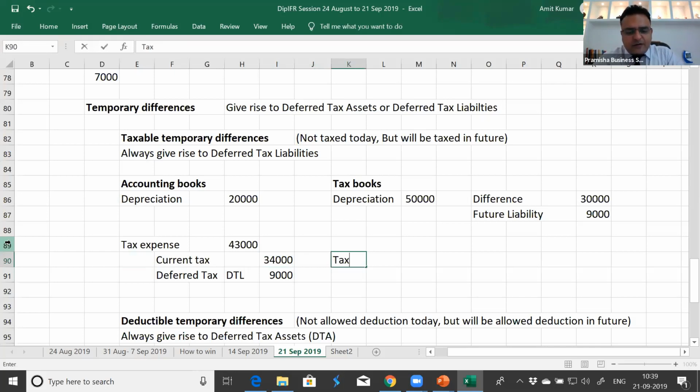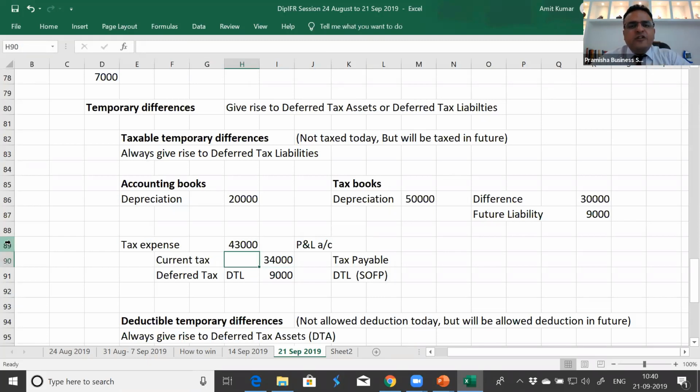This current tax is tax payable. This is a deferred tax liability in the balance sheet, SOFP. We record both the amounts on the credit side of the balance sheet, payable as well as DTL, and the total goes in as an expense in P&L, 43,000. We do not ignore the fact that they are not demanding 9,000 today. We will not record a tax expense of 34,000 and be happy just because they are demanding only 34,000 from us. We will continue to be accountants, and accounting says that our tax expense for the year is 43,000. We are prepared to pay 43,000.